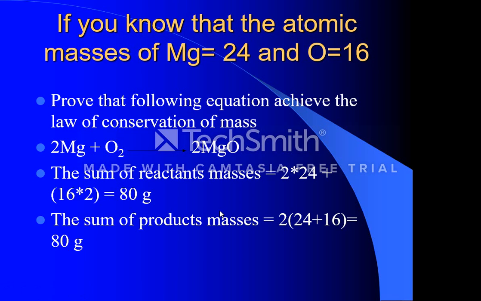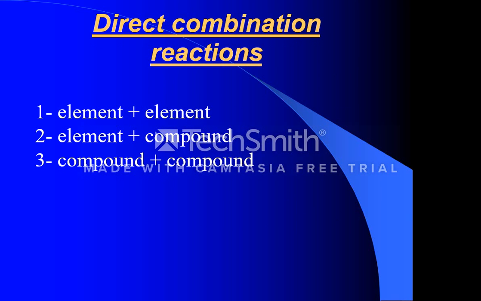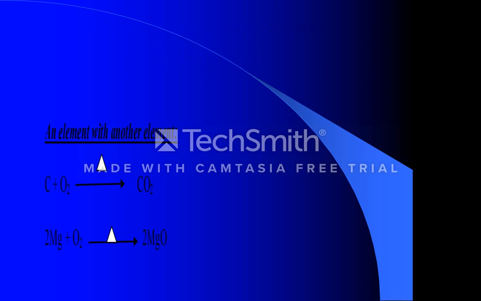And if they are equal, so this equation achieves the law of conservation of mass because it's a balanced equation. Okay, let's move to the second part of this lesson, which is talking about direct combination reactions. You have 3 types of it. Number 1, element plus element, element plus compound, and the last one is compound plus compound. You should know some example for each